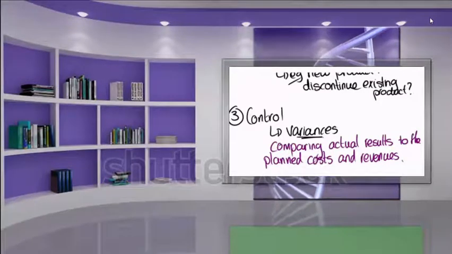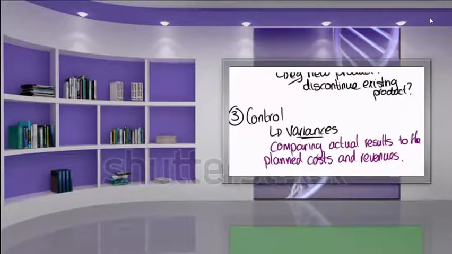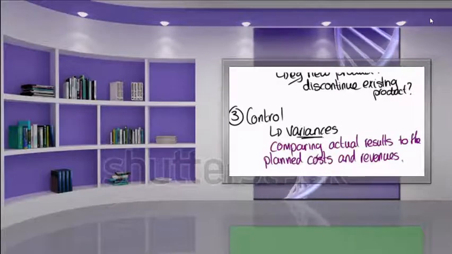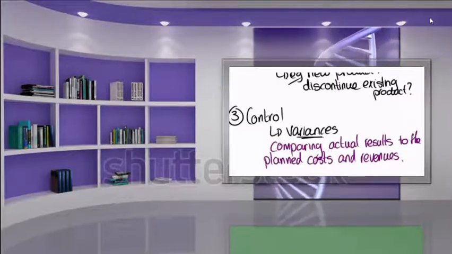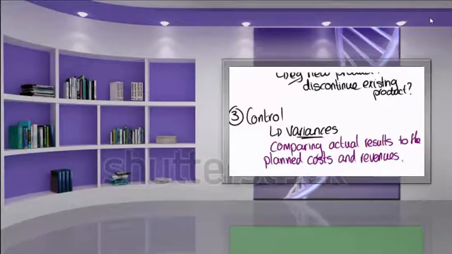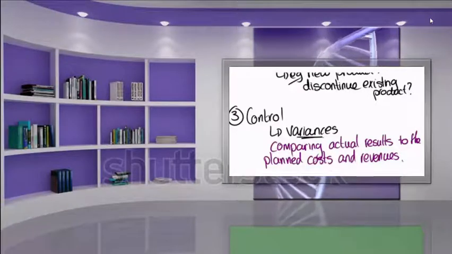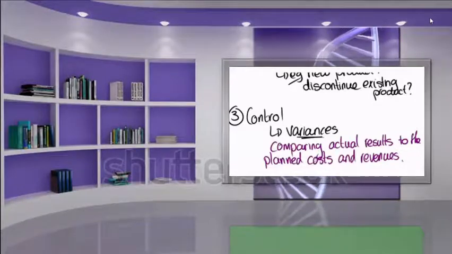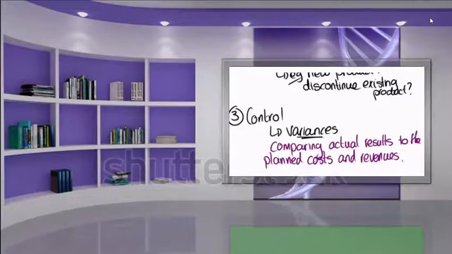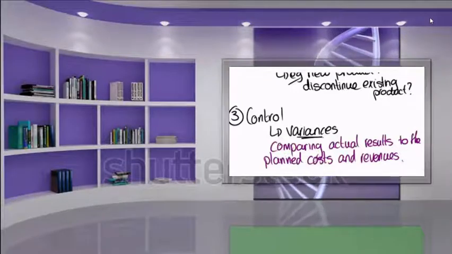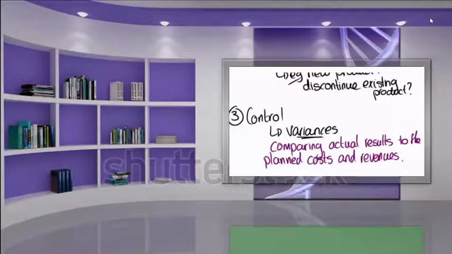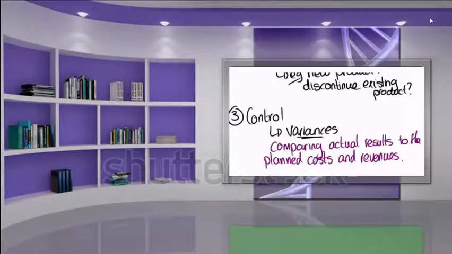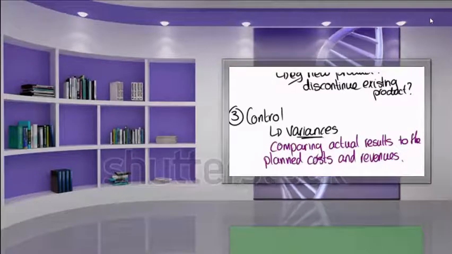Now, we're talking about management within an organisation as if all management are the same. But I think we know that there are different levels or tiers of management within an organisation. And depending on which level of management we're looking at, they are going to have different information needs. So first we'll consider what are the different levels of management within an organisation and what kind of information they would be looking for to assist them in their respective roles.